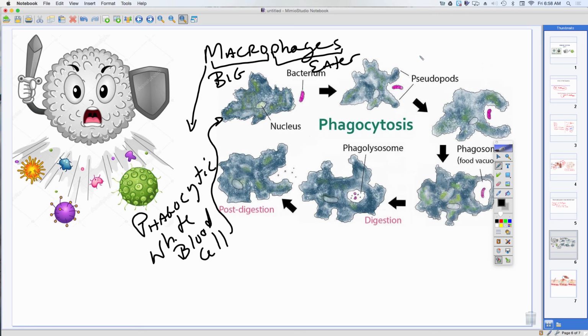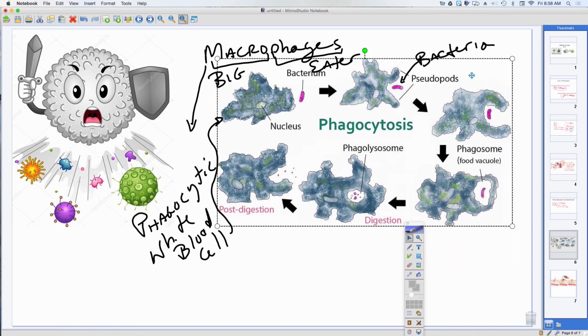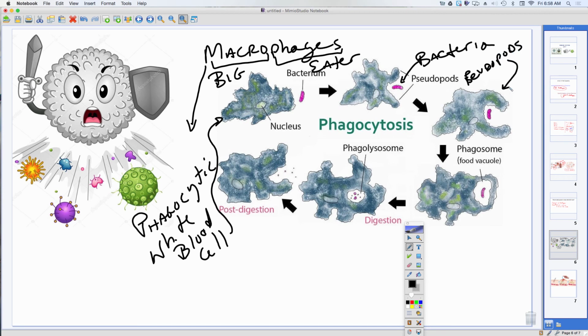They're kind of like your sentries, on guard for any invaders, and if they happen to encounter a bacteria, they will send out parts of their cell membrane in structures that we call pseudopods, which basically mean false feet, and they will surround the bacteria with the membrane, creating a vacuole,